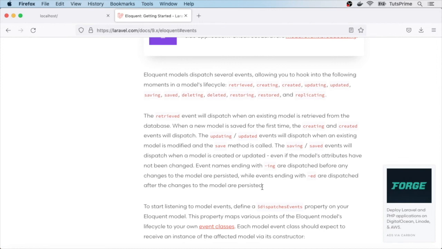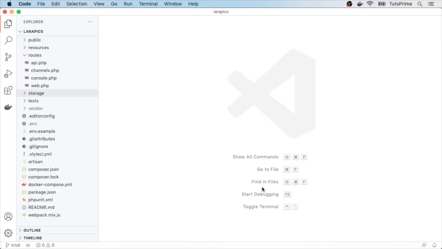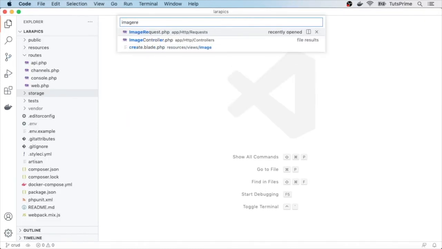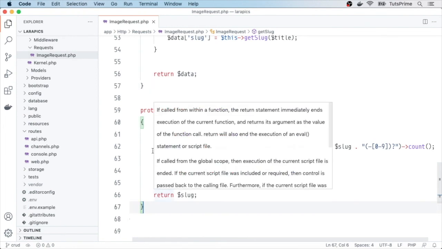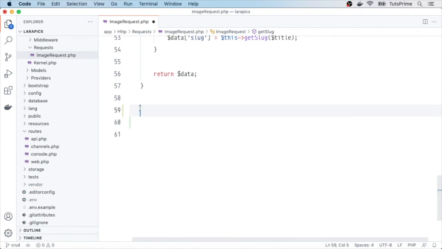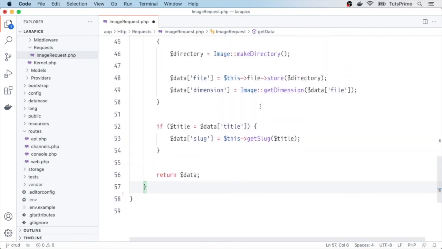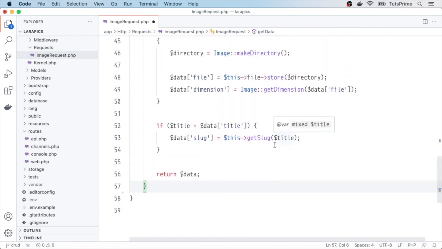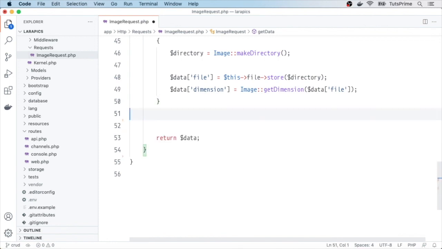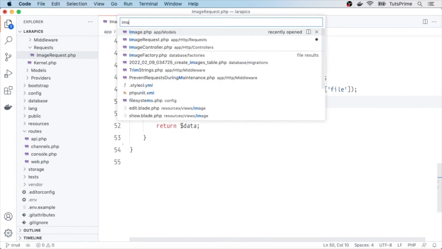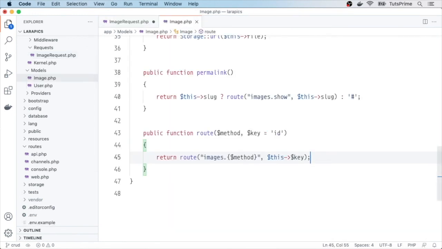Alright, let's switch over to our editor. Then open up the image request. Let's cut this getSlug method declaration. Next, go to the getData method, then remove the getSlug method call, also the if statement. Now, let's open up the image model, paste the code,